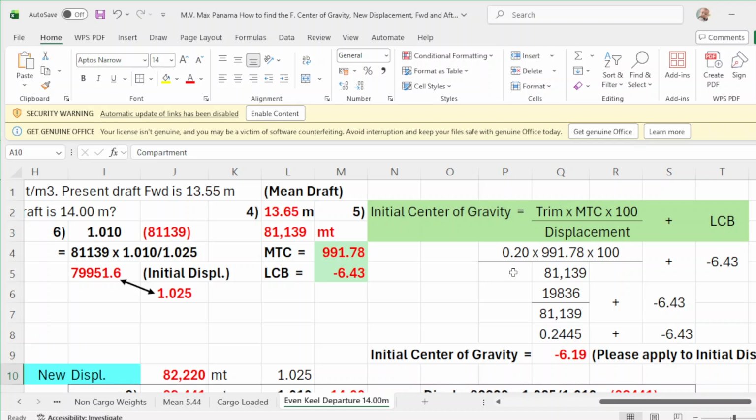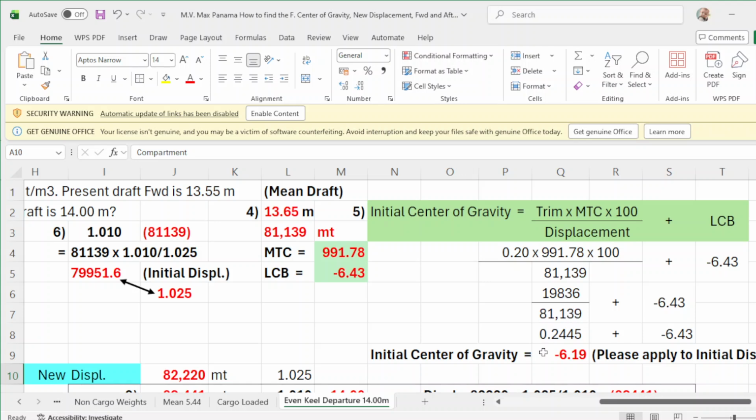The trim is 20 centimeters. The MTC is 99178, times 100 over displacement of 81139, plus your LCB of negative 6.43. Multiply this one, that will be 19836 over your displacement plus your LCB of negative 6.43.